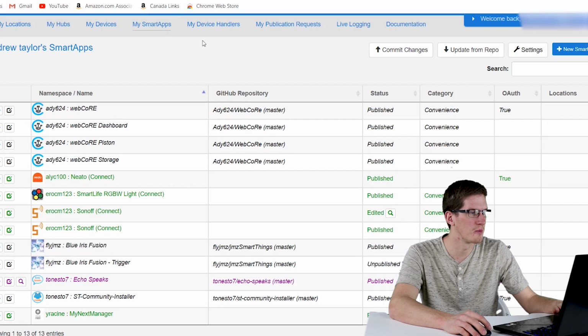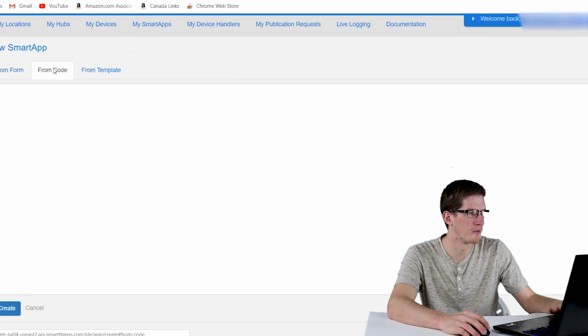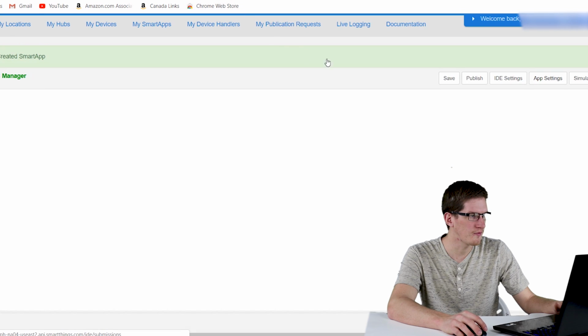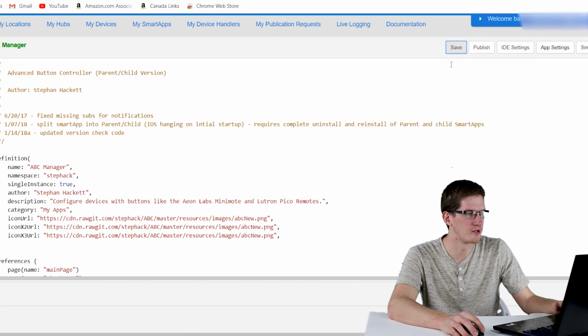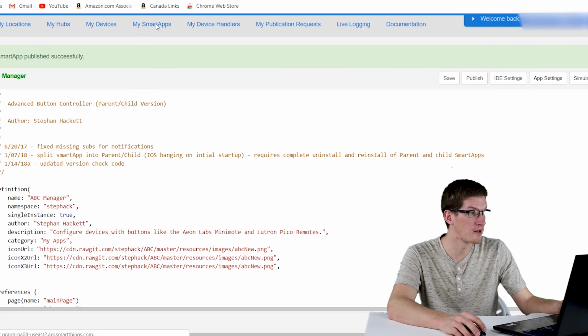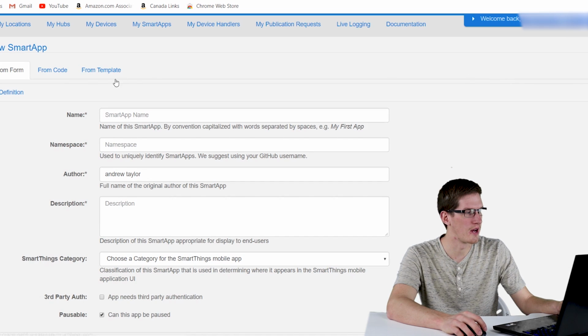Then we'll go back to our SmartThings IDE under Smart Apps where we are, and we want to select New Smart App and From Code. And we'll just paste the code in here and click Create. Here we want to save it and Publish for Me. Now we want to go back to my Smart Apps, add another new Smart App for that child app,